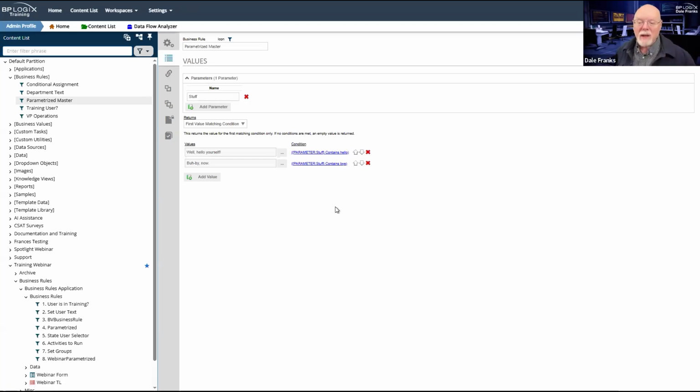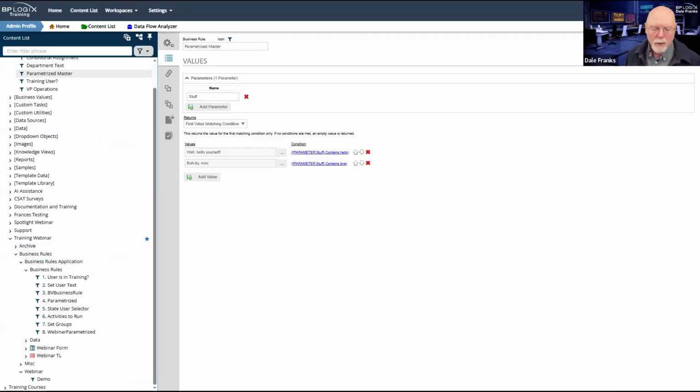And so basically, as long as I can pass that parameter from a form or from a process timeline, this business rule will return the appropriate value. So I can take a business rule that is associated directly with a form, for example, and I can convert it to a parameterized business rule, and I can just pass a parameter to it, and we'll take a look at how we do that in a few.